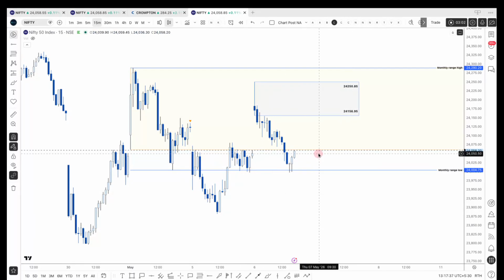This range is not advised for any kind of entries, either sell or buy, unless you are a scalper of one or two candles, because it would be a range of 60 points. And if we are talking in options, and you're having, for example, a delta of 50, you'll have a profit range of only about 30 or 35 points max. So that is the strategy for Nifty for intraday purpose as of now.